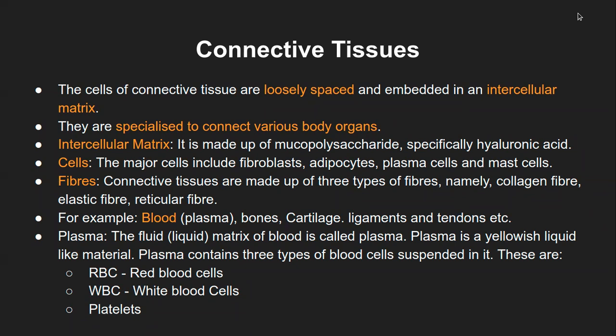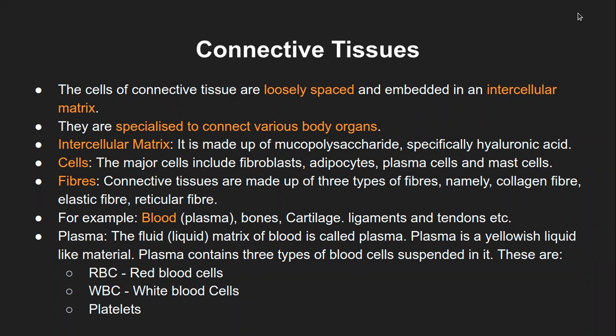They are called fibroblasts, present in the connective tissue because they attach to each other. Usually they are elongated at the center and tapering on the sides. Fibroblasts are usually found close to the muscle cells. Then adipocytes. Adipocytes are nothing but the fat tissue or the fat-storing cells, right?